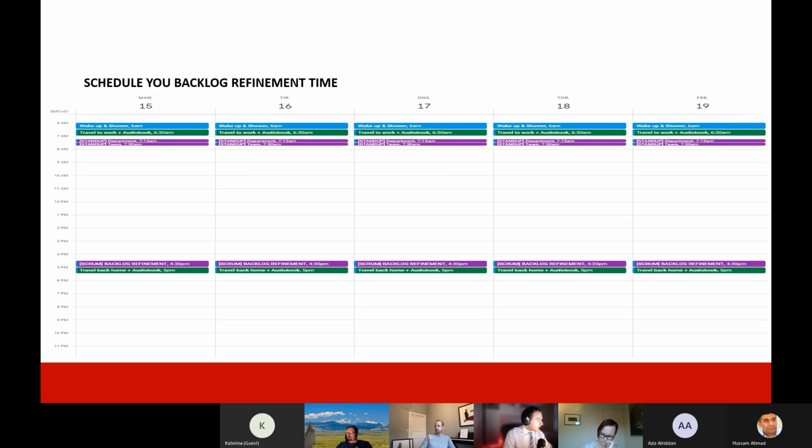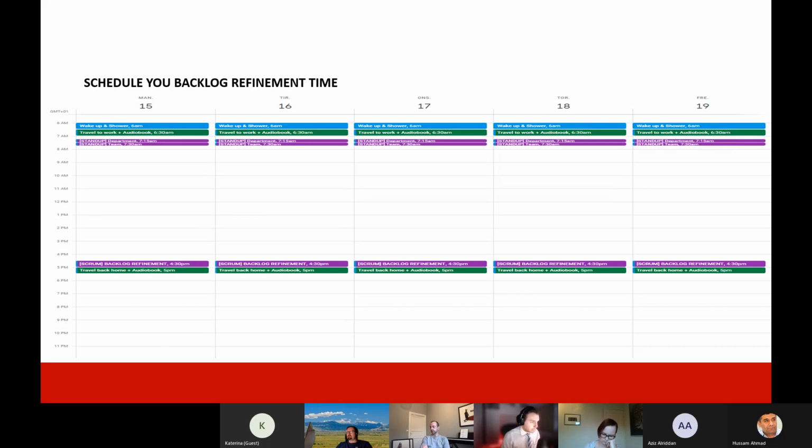And then I would schedule your backlog refinement. If you use the concept I'm doing, that I do a bit every day, so I use a half hour every day. Over 2 weeks this would equal 5 hours. This is, of course, preference.